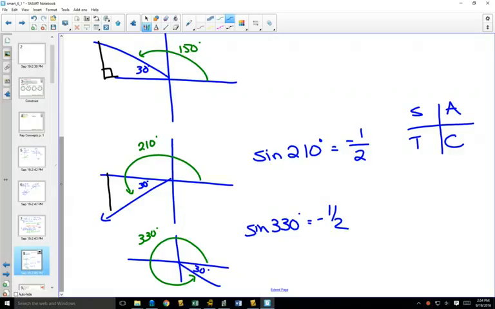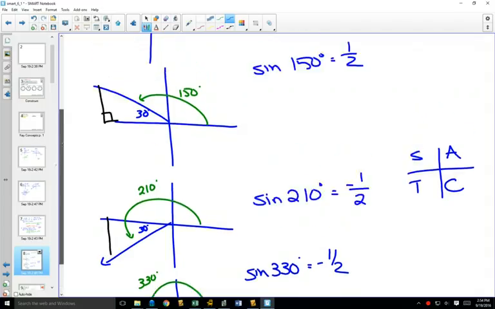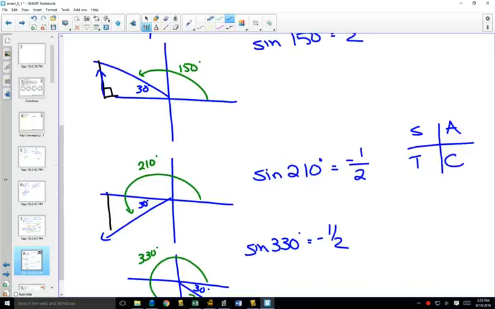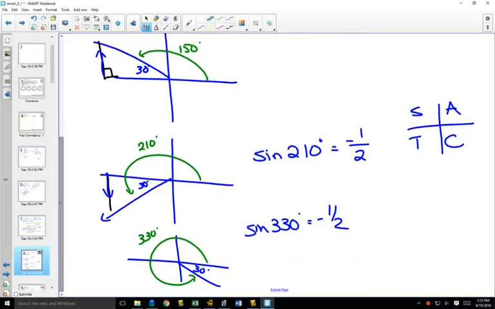The reason why that happens is sine is opposite over hypotenuse. Now, for the mathematics, when solving for the hypotenuse, in all of these, the hypotenuse stays positive. The opposite side is your y in this case. Can you see in quadrant 1 that your y is going up? It's a positive number. In quadrant 2, it's going up. It's a positive number. But when you get to quadrant 3 and quadrant 4, your y values are negative, and so that is one of the reasons why sine appears negative in quadrant 3